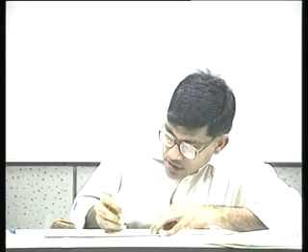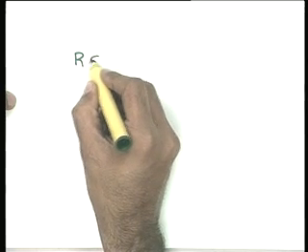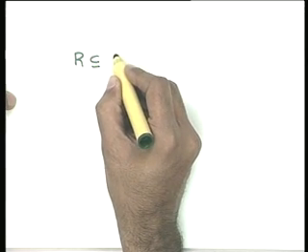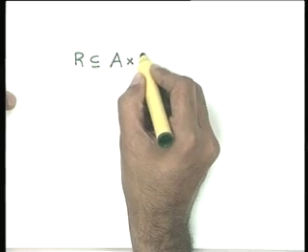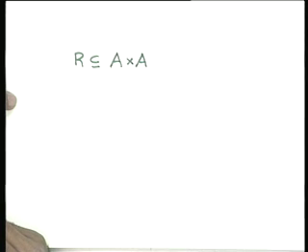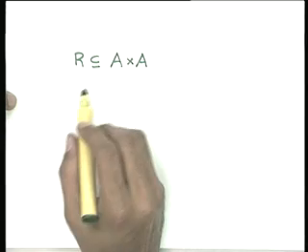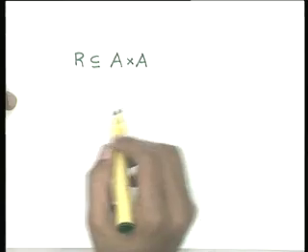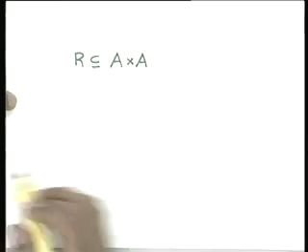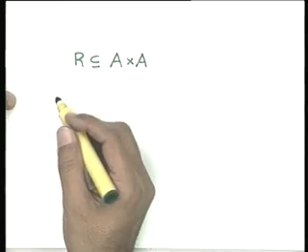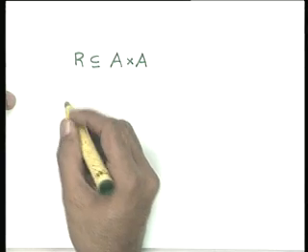You have a binary relation on a set, so R is a subset, let us say, of the set A cross A. So, this is a binary relation. It has various kinds of ordered pairs x, y and so on and so forth. Now I can define